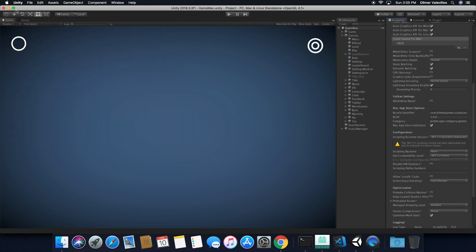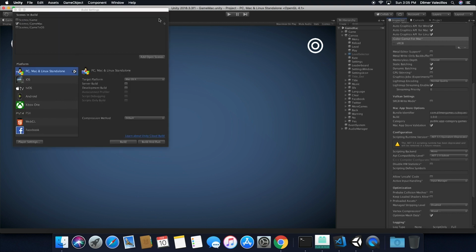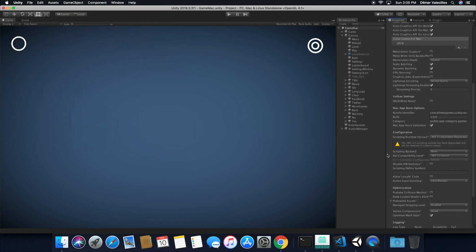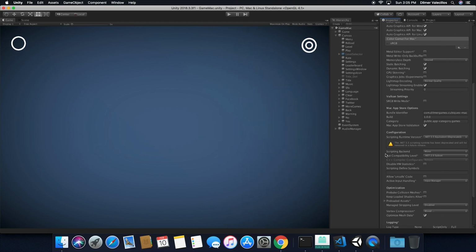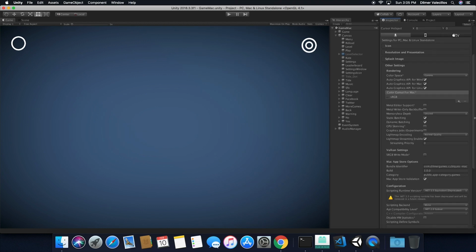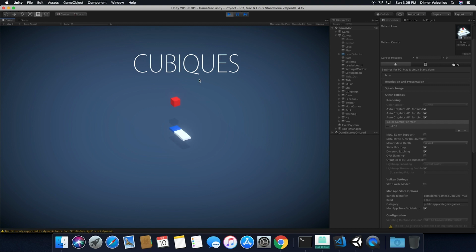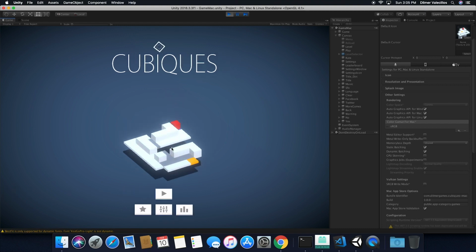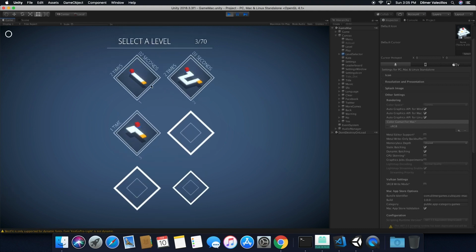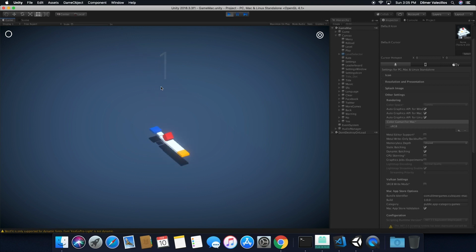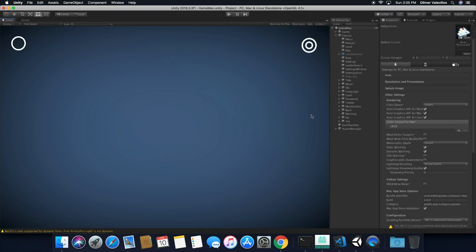The other thing I want to show you is to go back into build settings and then player settings. Once you are looking at player settings, one thing that I always do to make sure that the game is running fine, other than just hitting play and watching the game play, which is what I'm going to show you now. So we can see that the game works, everything works. I can hit play, I can go into a level, and I can beat a level. So that's great, and that works in Unity, but we want to make sure that it also works in the